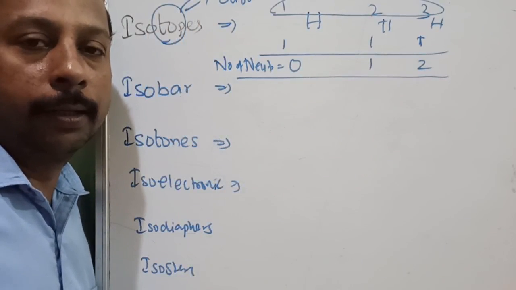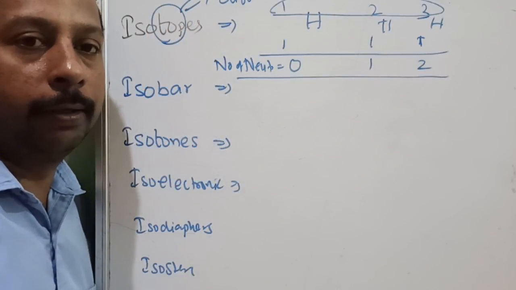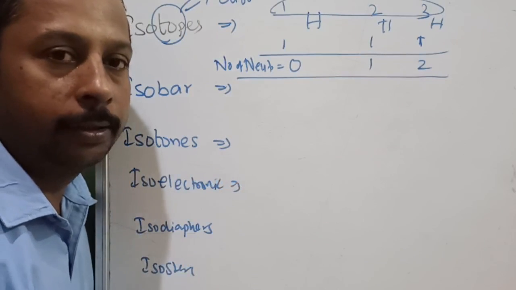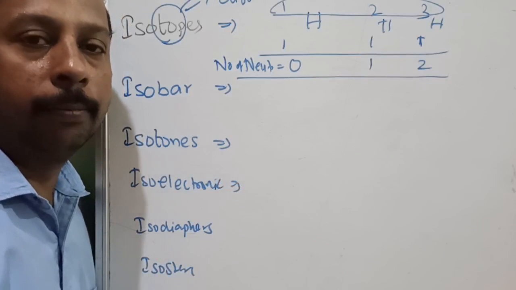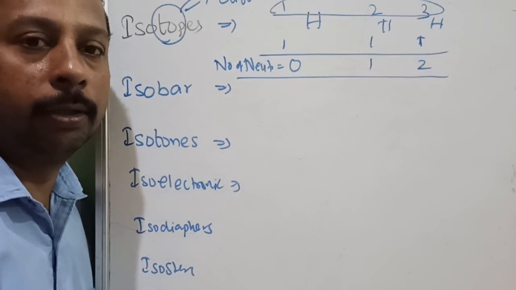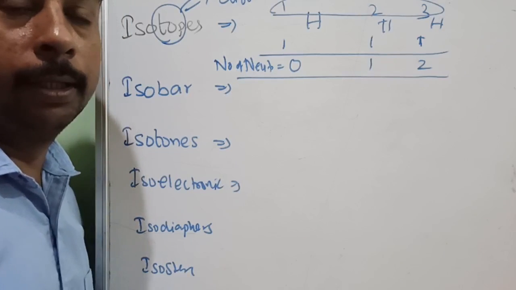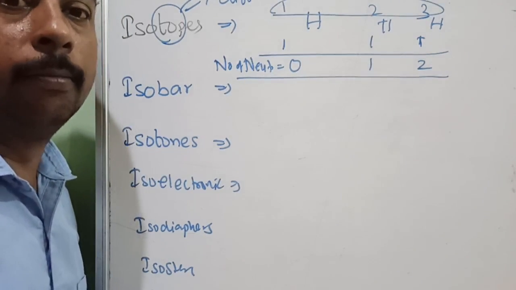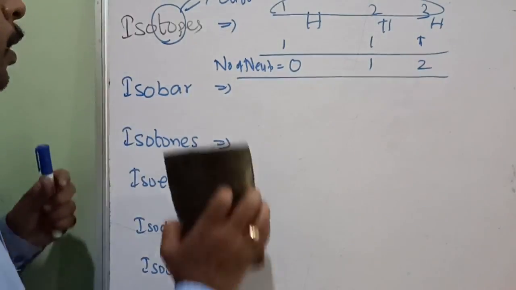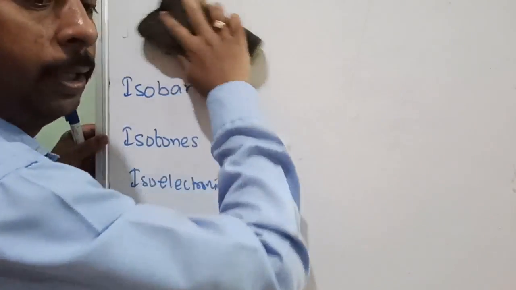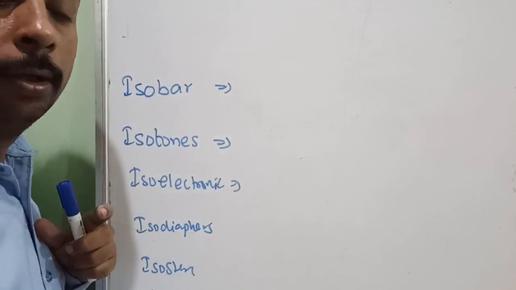So what is the difference in isotopes? Due to the difference in the number of neutrons. Like this I am going to explain each and everything. Carbon has so many isotopes, nitrogen has so many isotopes, but what is the same in them? Atomic number is the same. What is different? Number of neutrons is different. So I think you understood the isotope definition with a lively example and memory technique.